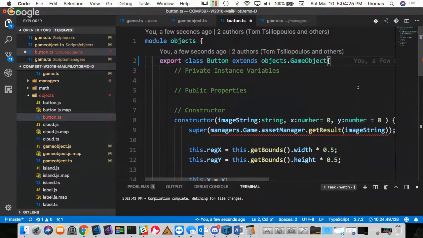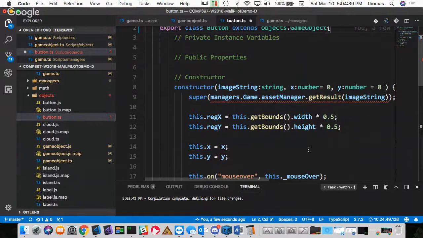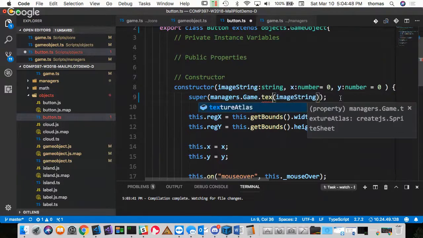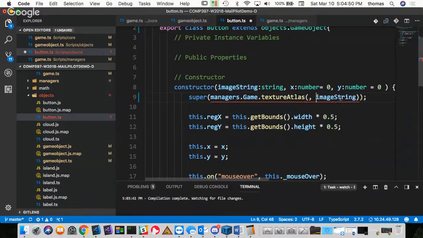We're not using the entity component system where we can only attach things that we need. The monolithic GameObject class attaches everything. It's like a big container of everything you need for a game object, and it's a little less efficient, I would say. But here's something we don't need anymore. We don't need this managers.game.assetManager.getResult. We need something else. We need texture atlas, and we need to pass in a reference to,